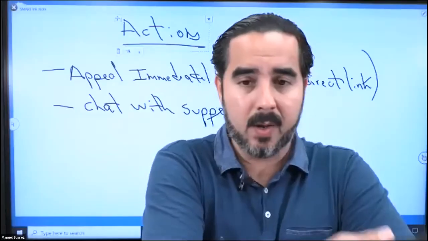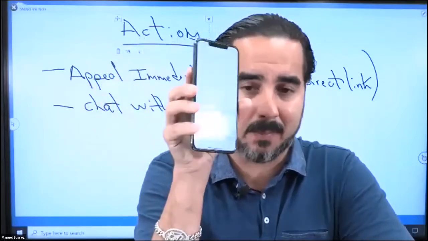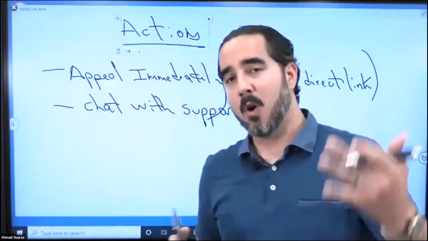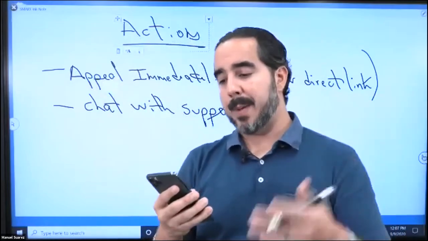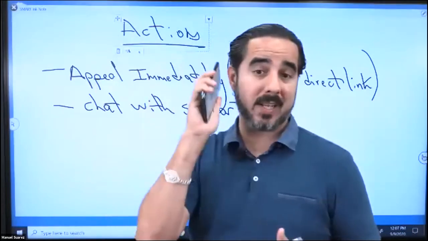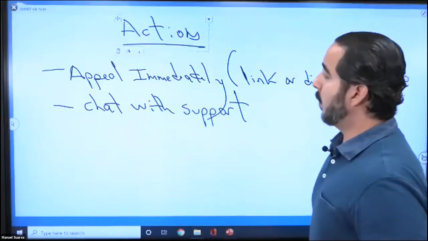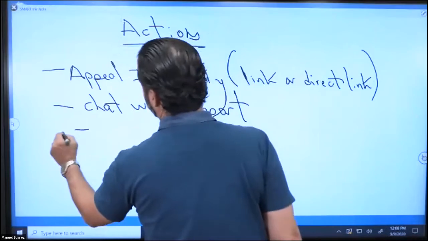There you go. So put it in your notes, guys, anywhere that you can easily access. In my case, I have a notepad, and I have all the links like chat, website, forms, appeals, etc. All those things are in a little notepad that you can access every single time very easily. Chat with support, and then John, what else do we do? A good backup plan for accounts that might be disabled is to share your pixel to a different ad account.